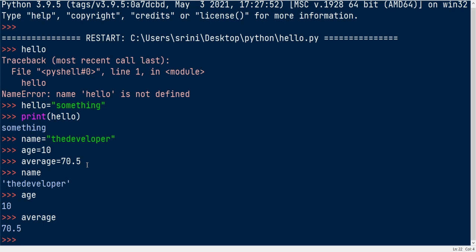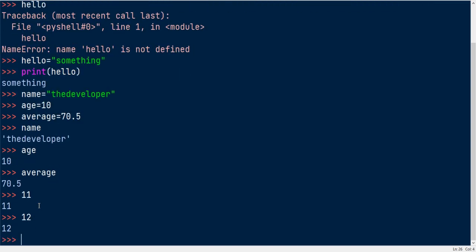Okay, what is the need of variables actually? Why are we going for variables when we can directly print all these values just like that? If I want to do some operation, like for a certain period I have to change the age or average, like for each year the age should be incremented, right? I can't do something like 11, 12 manually. So I just need somebody to take care of all those values.